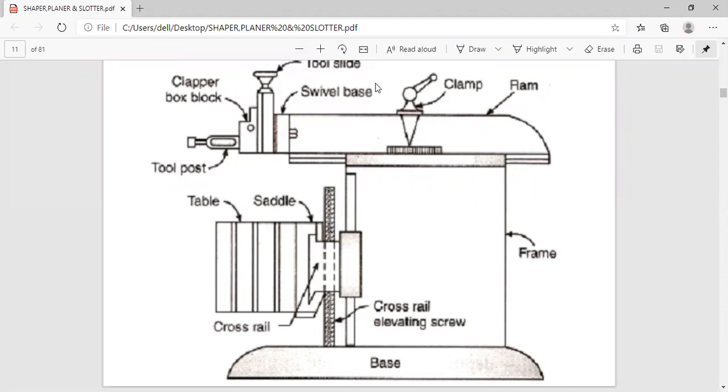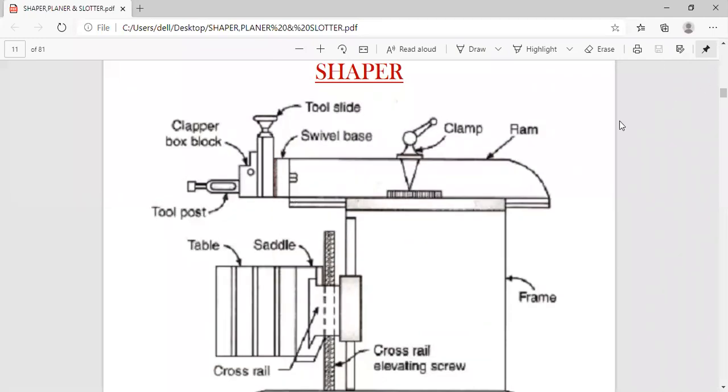So tool head will comprise the tool slide. Just try to see the tool slide, that's why I showed it clearly. What will the tool slide have? Tool post, and the clapper box block also.